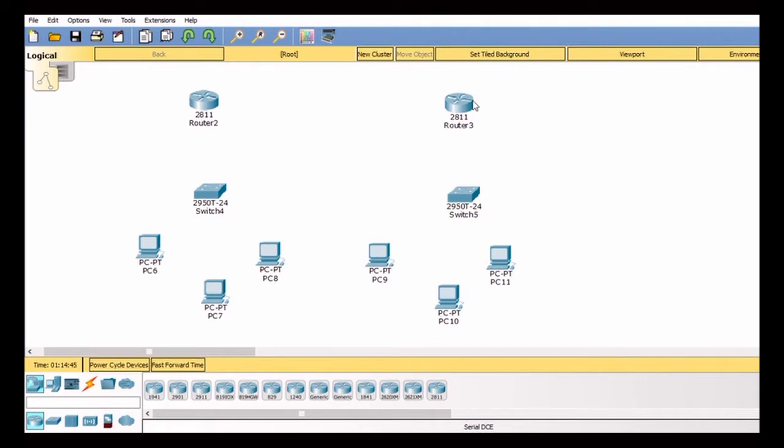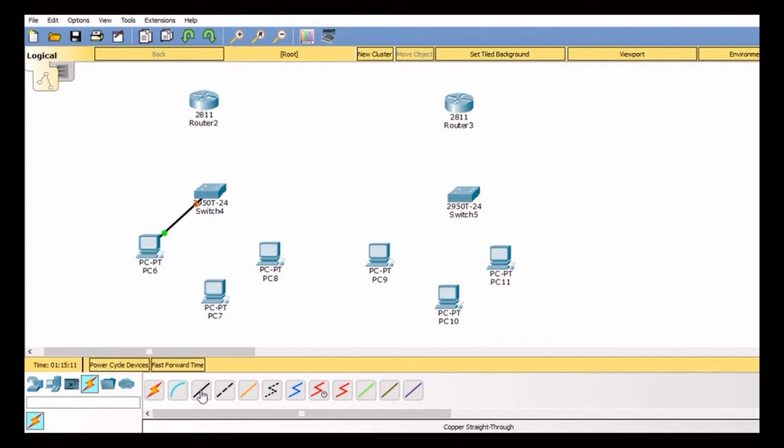So let's make connections. As you can see right here at the bottom, connections. Now these PCs will be connected to the switch via this third one, the copper straight through connection. I will click here, I will click the PC, and here I will select fast Ethernet 0. Then I'll take my mouse over to the switch, click, and select this first interface, 0/1.